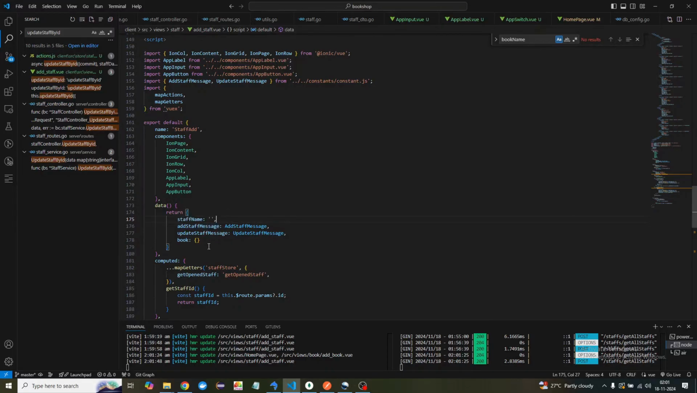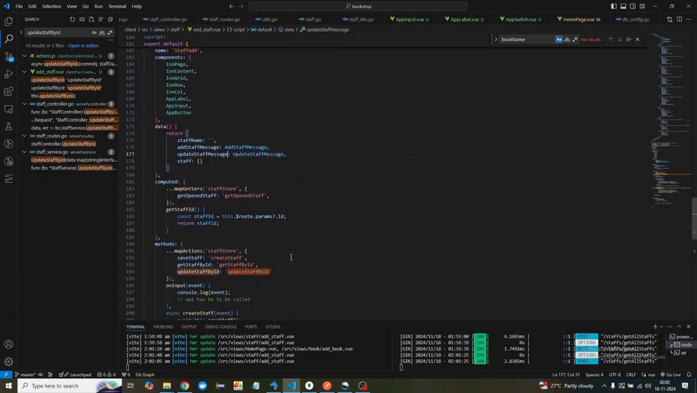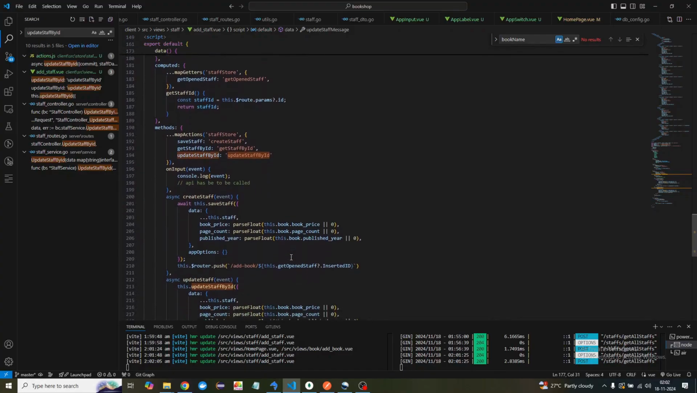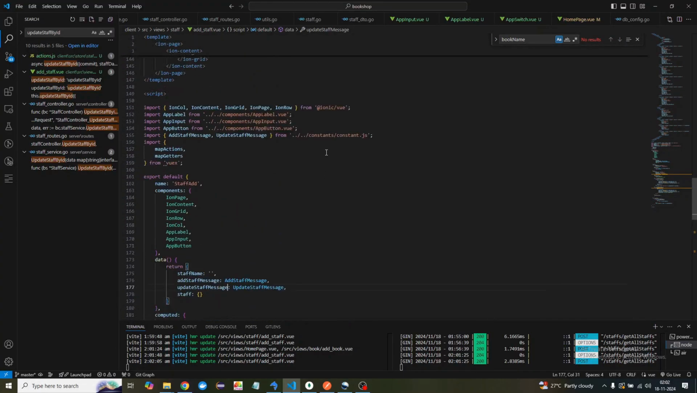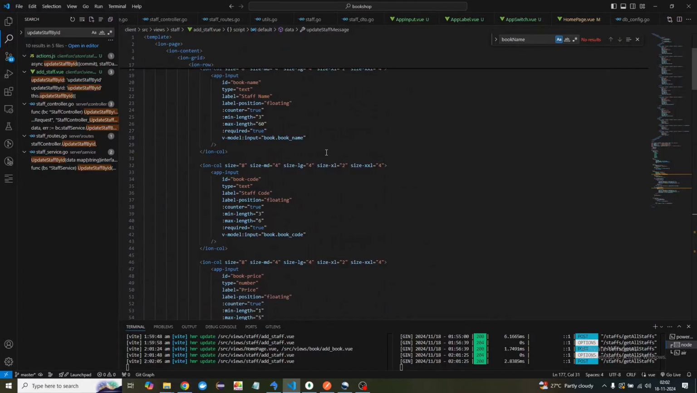Now next what I'm going to say here is, okay, instead of book it should be staff, since it will be storing all the data related to a staff only, right? So this should be a staff actually, and then I think we are good with all those functionalities. We just need to check it, but then before testing it,